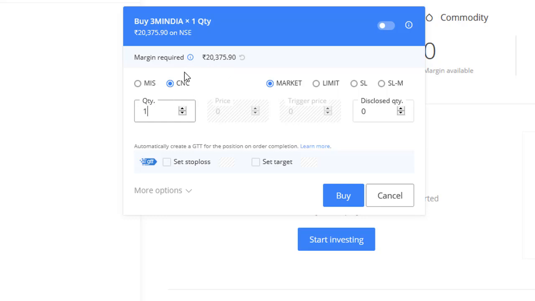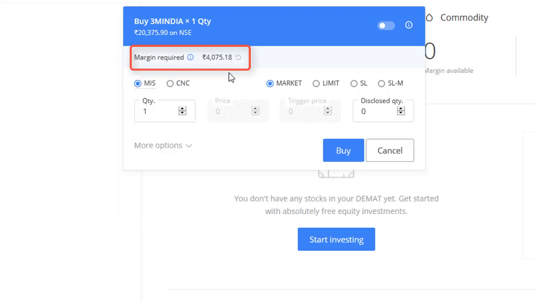When you enter a quantity, you can see there is a margin required column. This is the margin intraday calculator. If you're trading intraday, you can use the margin calculator and find out how much money you're supposed to use to buy this particular stock. For example, when you go to CNC, it's 20,000, 100% margin you need to pay. If you go to MIS, now you can see we only have to pay 4,000 because we have a leverage of 5. Remember, for this stock we had a margin percent of 20%. So 20% of 20,000 is 4,000.